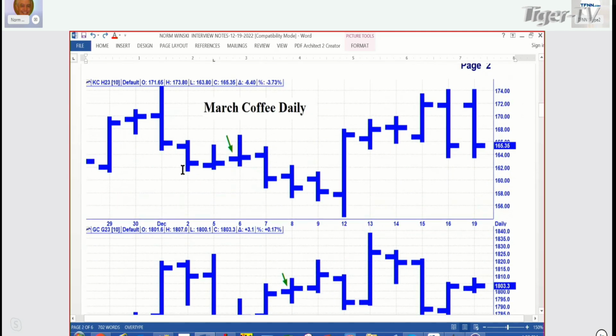Here's the coffee, looks like a small rally on this chart, but as you know, Larry, coffee is a beast. Every penny is $375. I think there's about a 10-cent rally here from these lows up to that high bar, which would be about $3,750. So it doesn't look like it's squished on the chart because of this huge bar there.